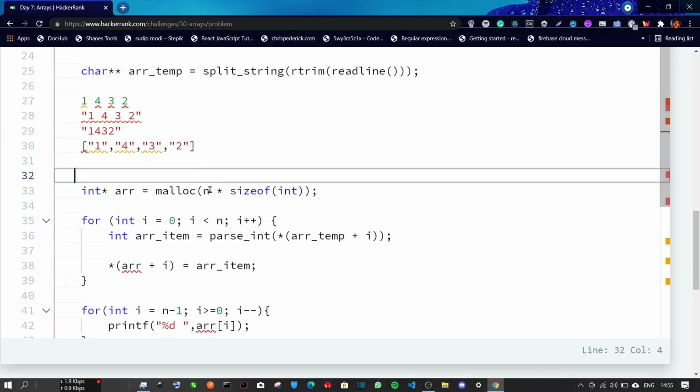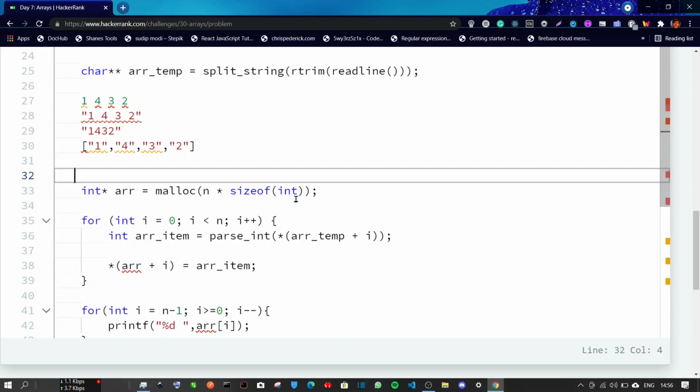So let's say n was 5, so we needed 5 integers inside that array, so we would need to allocate 5 integer spaces. First we would evaluate the size of integer required inside the computer memory. For every computer it may be different. Let's say it is 4 bytes, and the number of elements that we would require was 5.